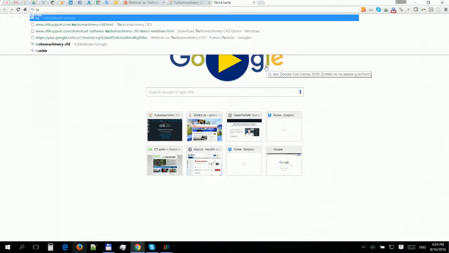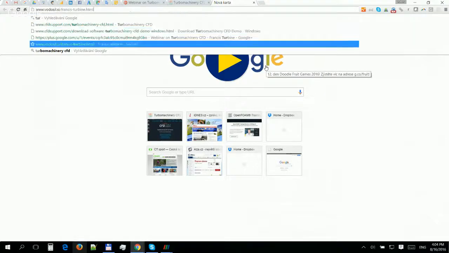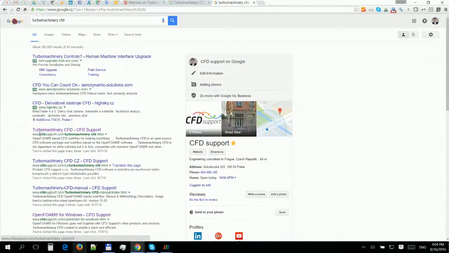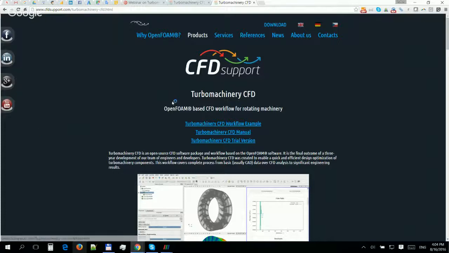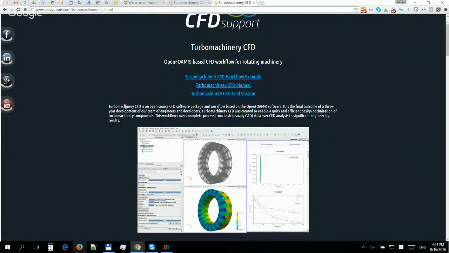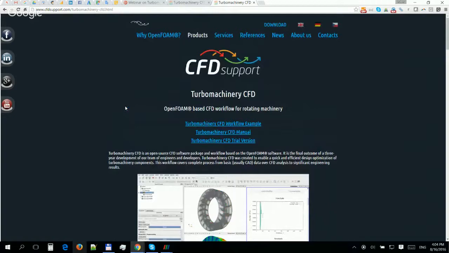I can just Google Turbomachinery CFD, and at the very top you can see Turbomachinery CFD. I click on it. So this is the web page, the main website of Turbomachinery CFD. Here you can find the most important information. Let me put just a quick